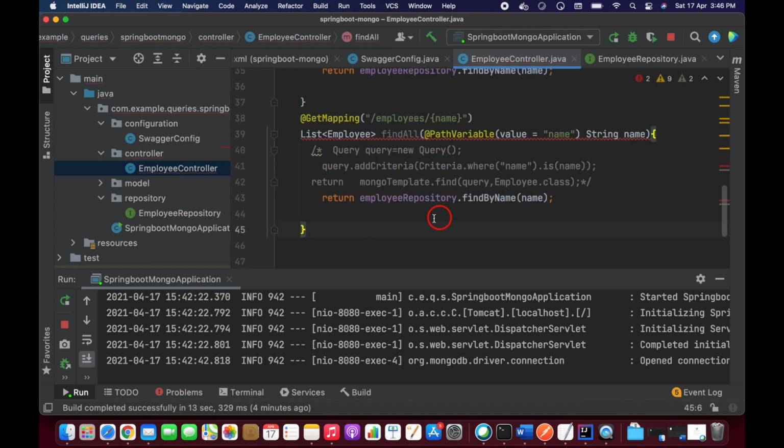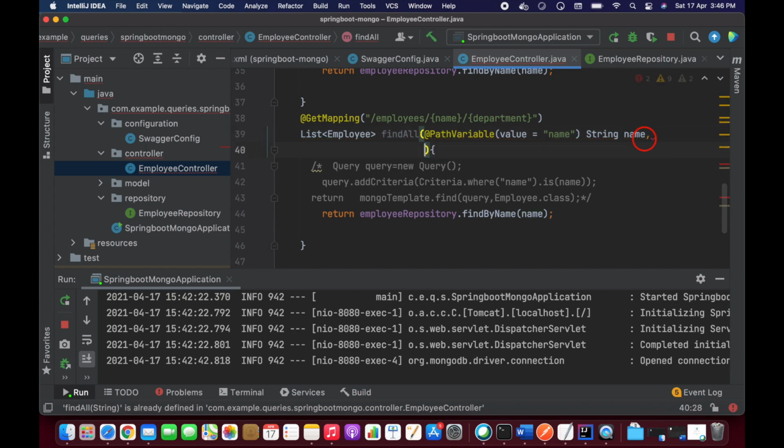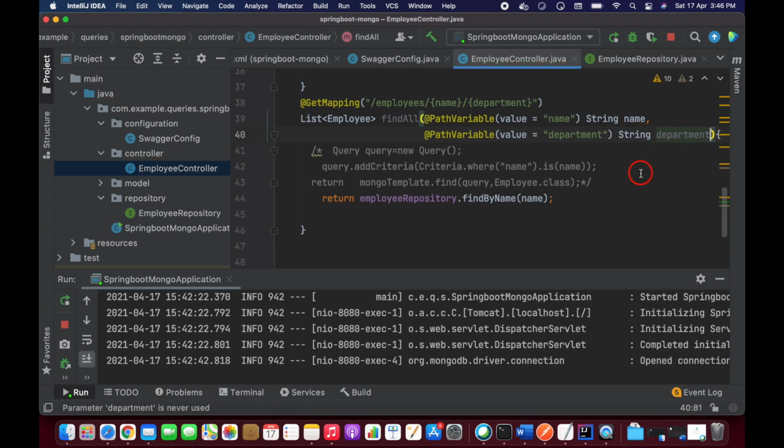Let's add one more thing, that would be department, and we need one more path variable here, so let's copy this and add a comma and department.